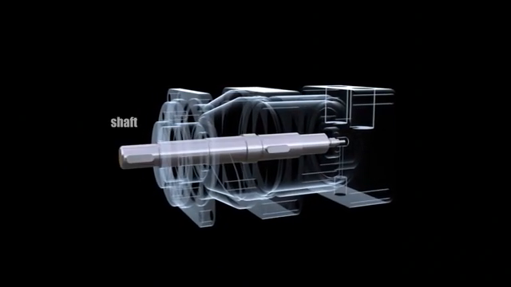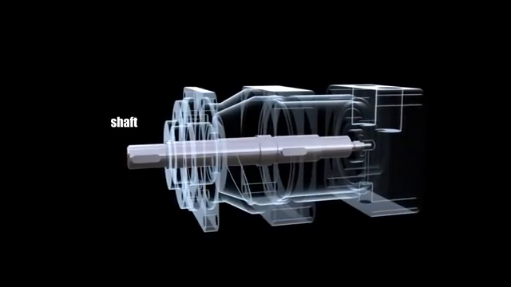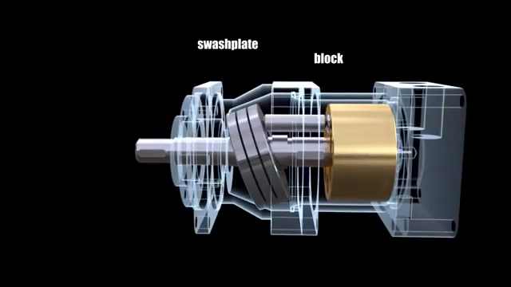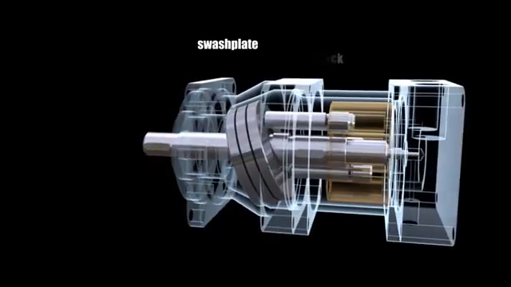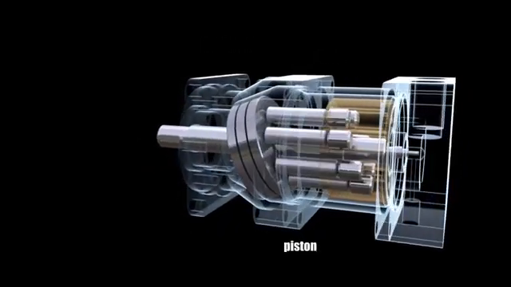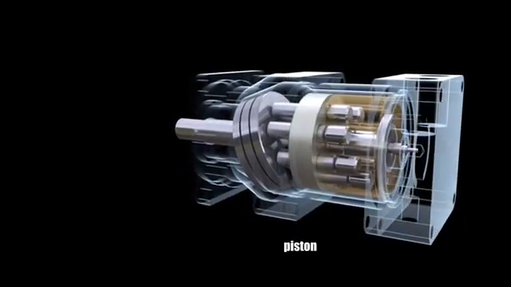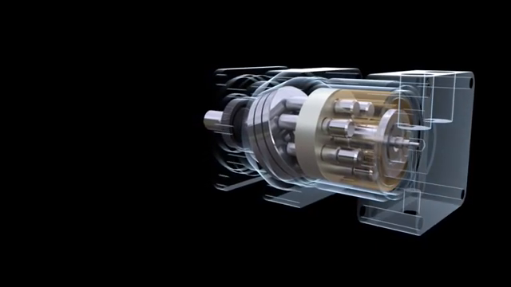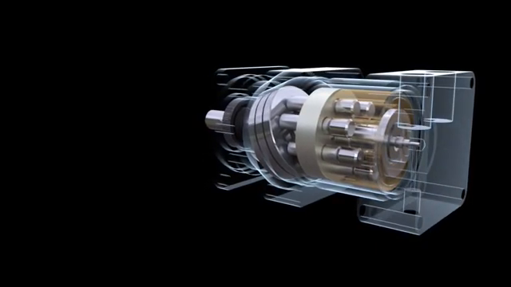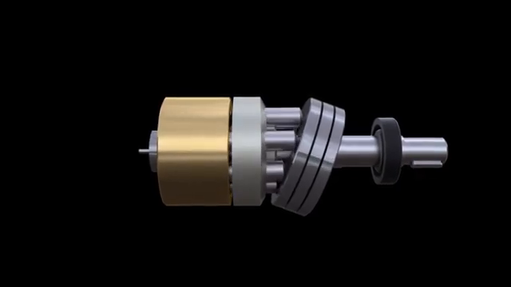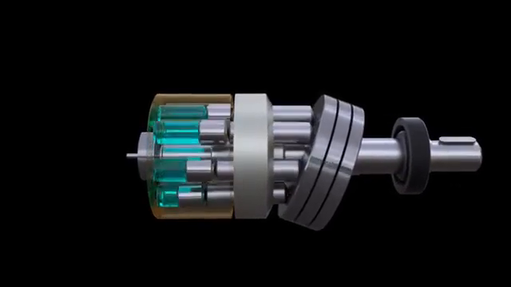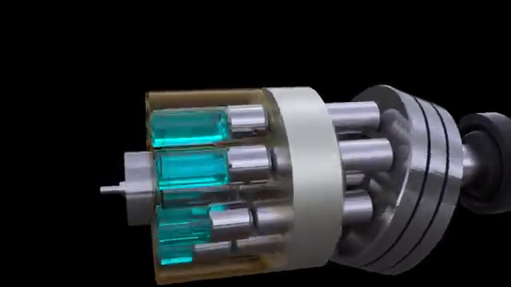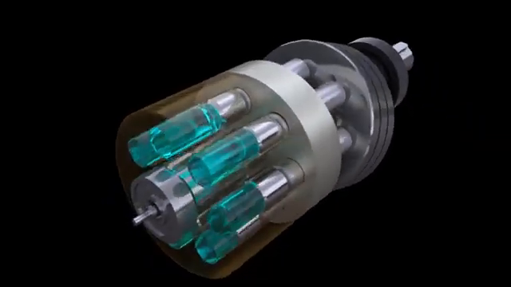The cylinder block of swash plate pumps is installed coaxially with the drive shaft, and the rotation is usually transmitted to the block using a key or spline connection. The pistons rest on a swash plate supported by special pushers that have a spherical surface. The cylinder block is installed on a valve plate connected to a rear cover, in which there are channels for connection with pressure and suction pipelines. When the block rotates, the pistons reciprocate. At the moment when the pistons move increasing the volume of the chamber, they are connected to the suction line, and when the pistons move in the opposite direction, thus reducing the volume of the working chamber, they are connected